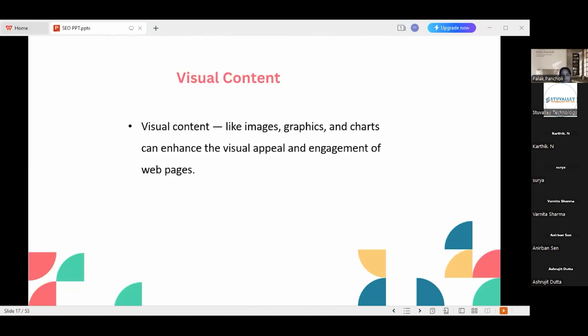I think user-friendly images, which are easy to understand for the user. Mm-hmm. And an attractive one. Yes, correct. If the images are attractive, then they will be engaging, right? We will be able to engage the audience for a longer period of time on our website, right? So we have to use attractive images on our website.